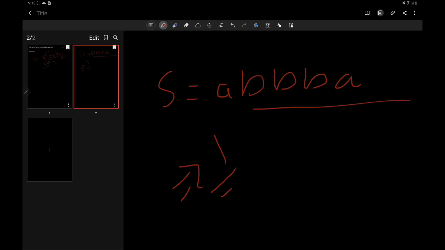Why can it be 2? Because in a subsequence, it's not required that the characters be contiguous. This is a very important point to note. It can be from any positions. This is the main hint, or the main reason why we get only two possible answers. Either it will be 1 or 2: 1 in the case of a palindrome, and 2 when it's not a palindrome.